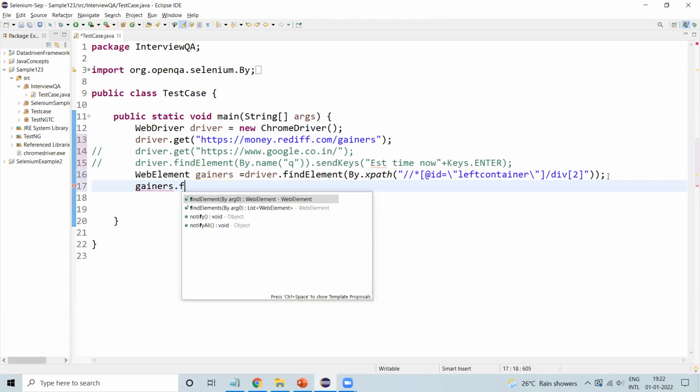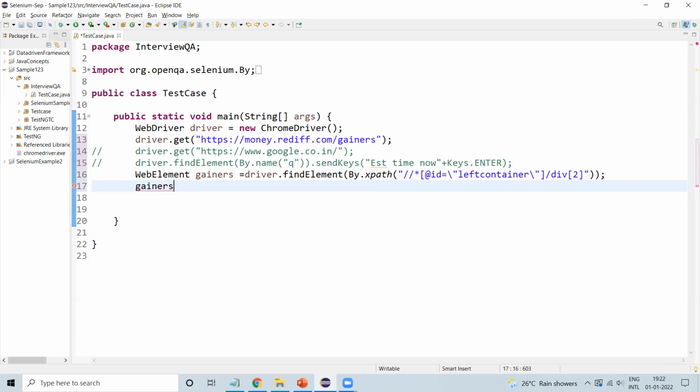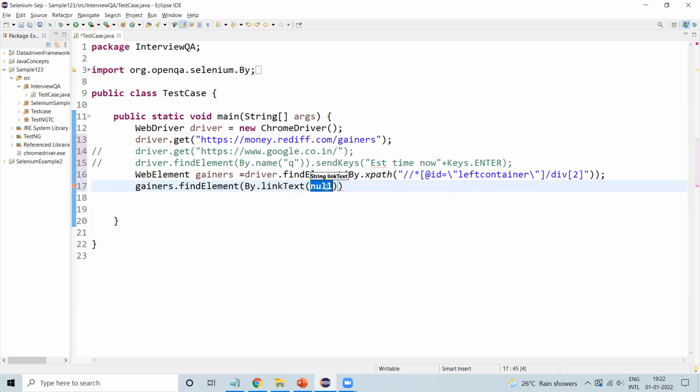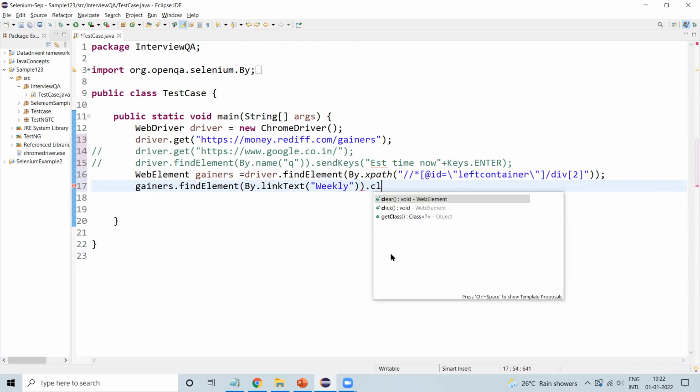gainers.findElement, right? Then I need to find the particular element with the link text, so findElement by link text. I can give the link text, something like this, dot click.